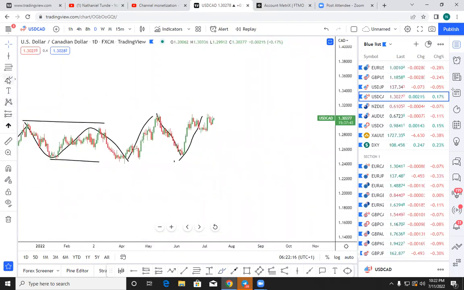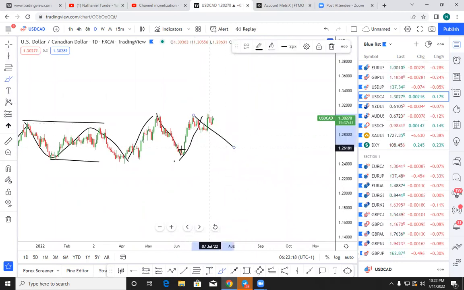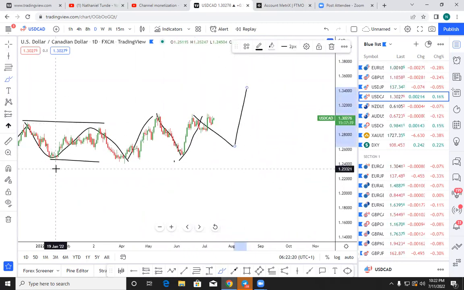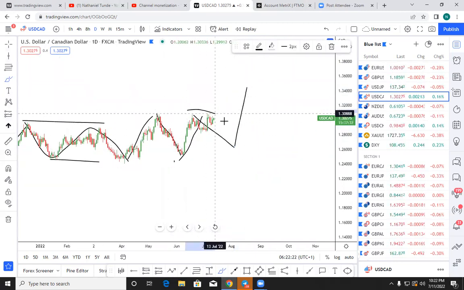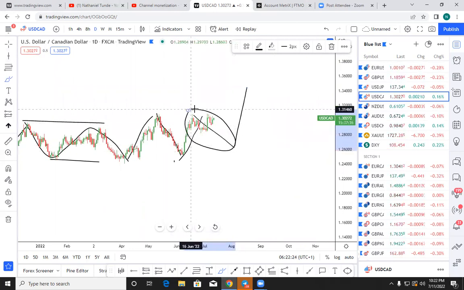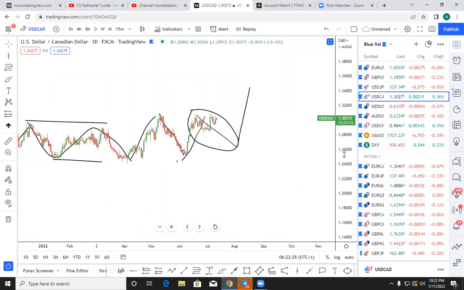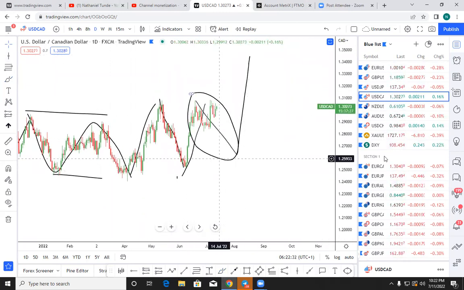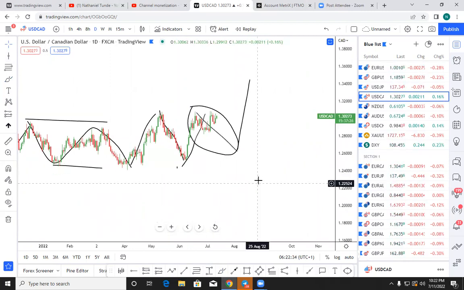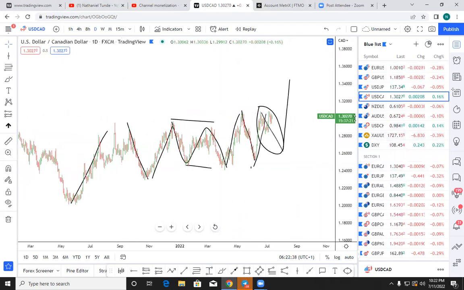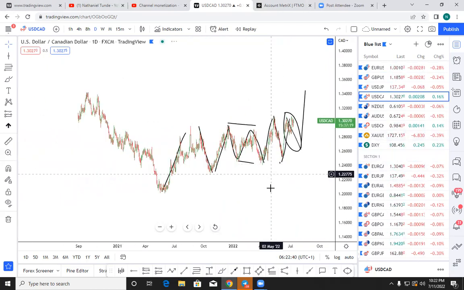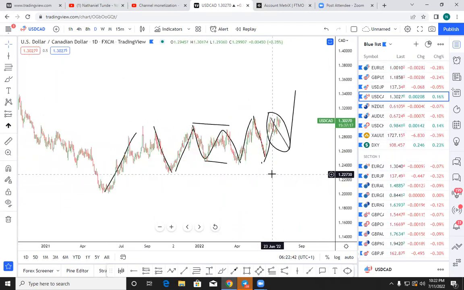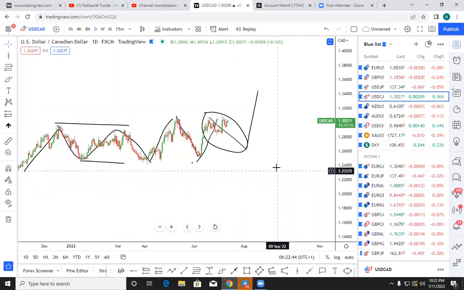So if that is the case, we're expecting a corrective structure here to make a move to the upside. For this corrective structure to even happen, it's a problem. Why? DXY is bullish. Dollar is very strong. So to pull back, it's actually very hard right now. But we look forward to see it happen. So when you are trading, this is how you control your risk.